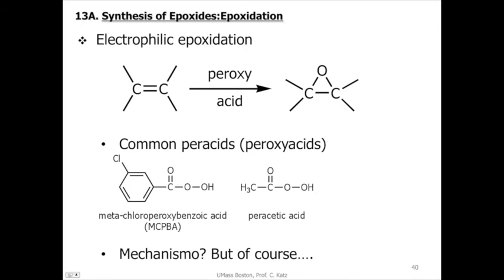What's a peroxy acid? Well, if you had a regular benzoic acid, this would be a benzoic acid, which is a regular